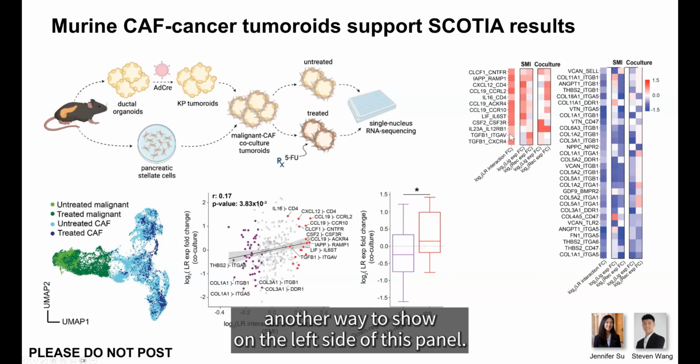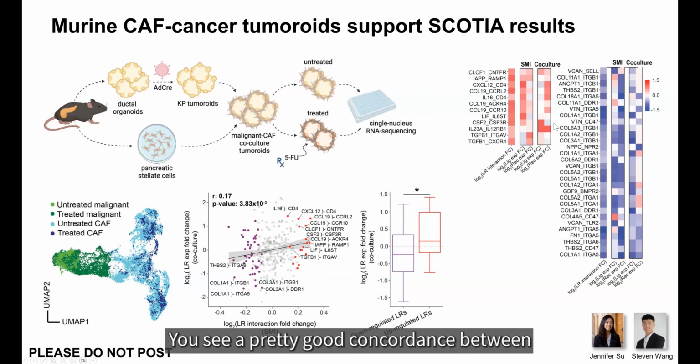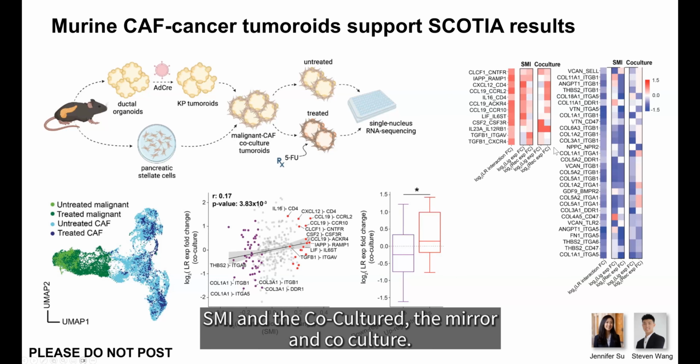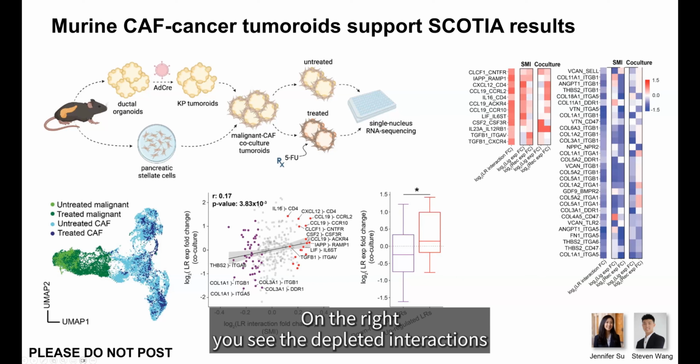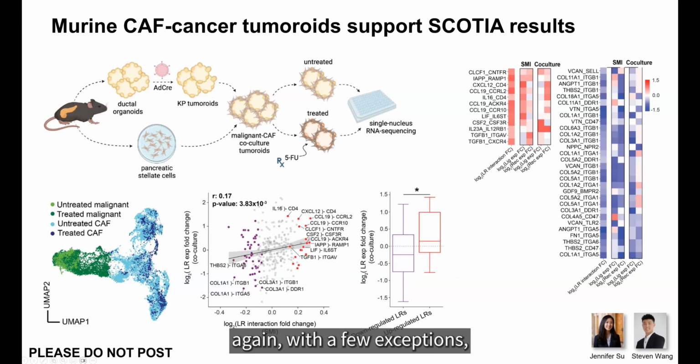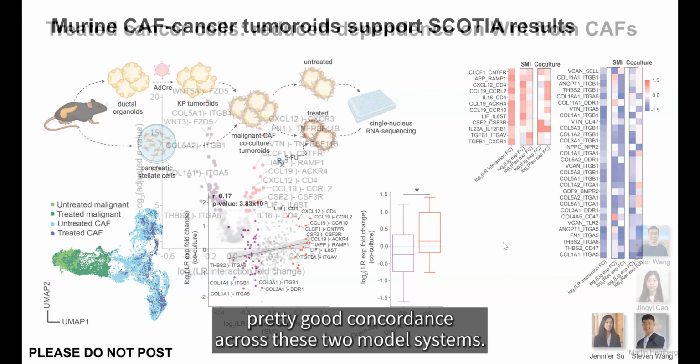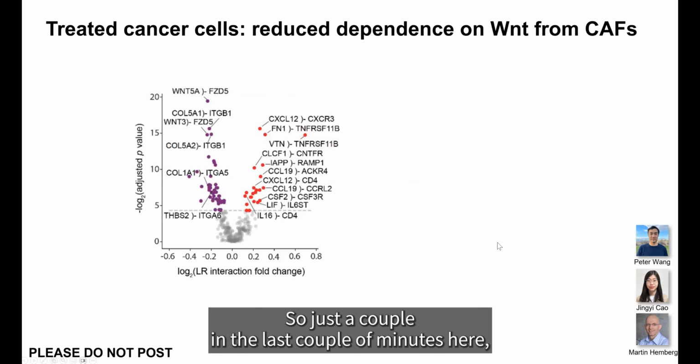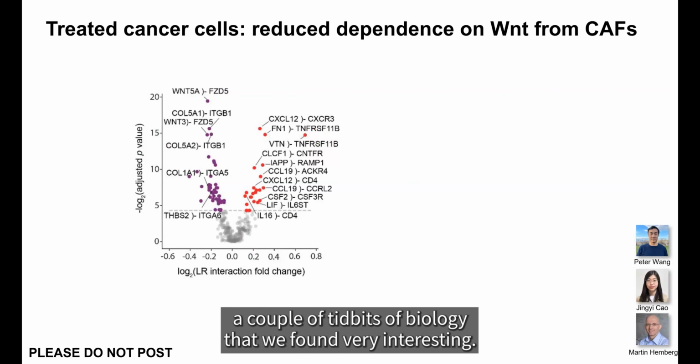This is just another way to show, on the left side of this panel, these are the enriched hits. You see pretty good concordance between SMI and the co-culture, the murine co-culture. And on the right, you see the depleted interactions, again, with a few exceptions, pretty good concordance across these 2 model systems. So just a couple, in the last couple of minutes here, a couple tidbits of biology that we